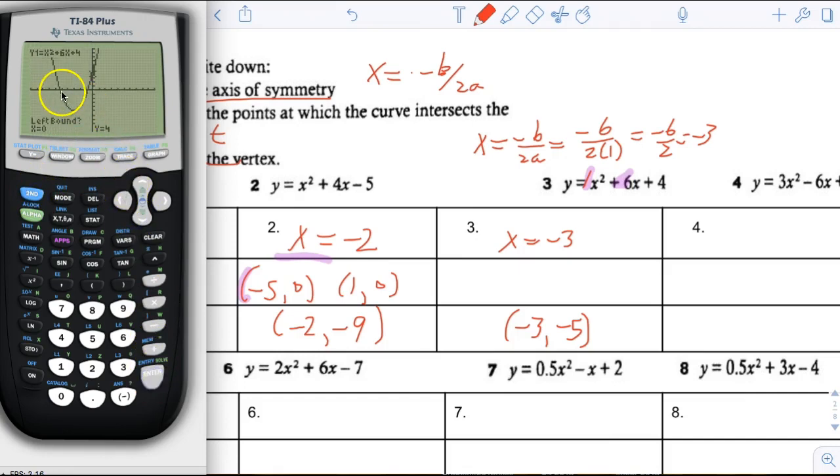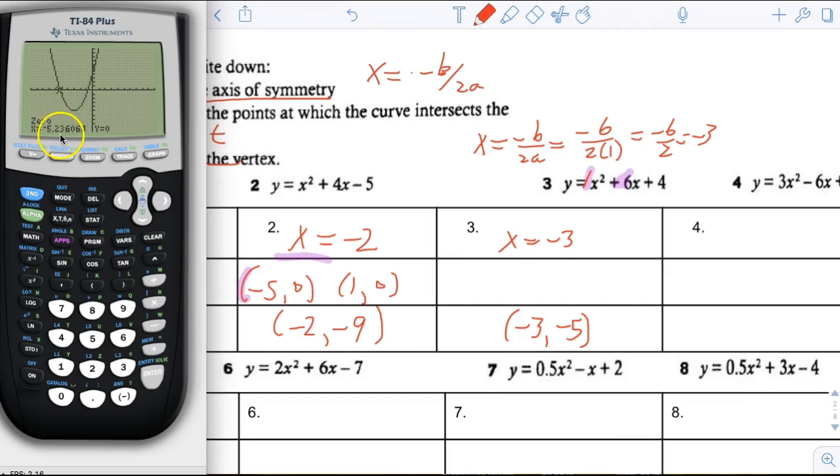So we're going to find this one first. We're going to put the left boundary way to the left on the left side of that crossing point. That's good, and we'll hit enter. And then we'll put the right boundary slightly to the right of that crossing point and hit enter. And then we'll hit the guess. And that'll give us, that's a pretty weird number,